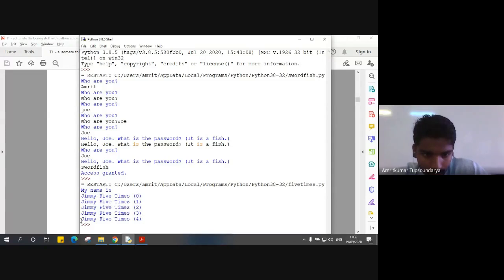It prints Jimmy 5 times 1, then followed by 2, 3, 4 again. Now here, after it prints the statement Jimmy 5 times 4, the value of I is incremented to 5, but when we check the range in the for loop, we have reached the maximum range, that is 5, and it terminates the for loop without entering into the loop, and thereby not printing Jimmy 5 times value 5, right? So that's the reason we are not getting the fifth line.